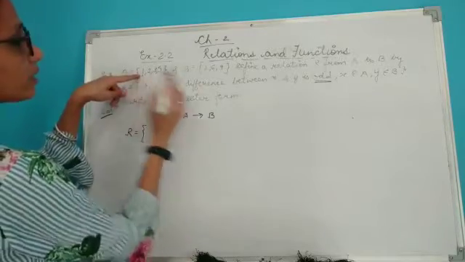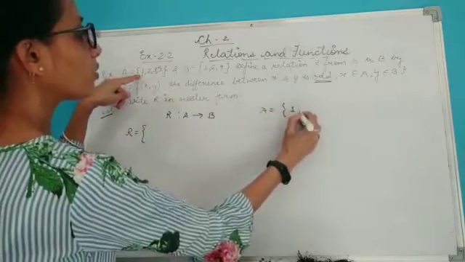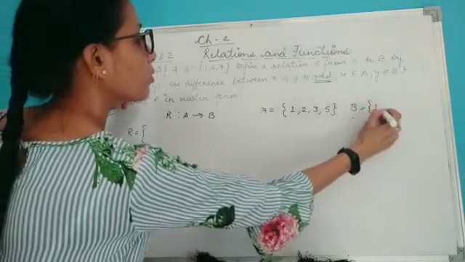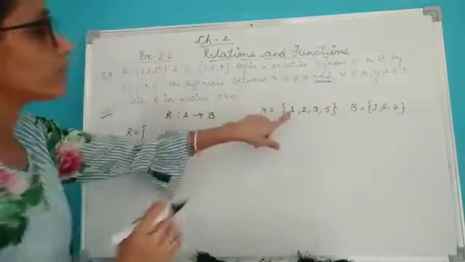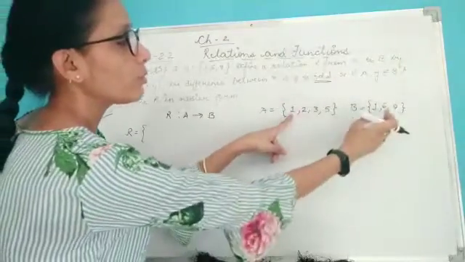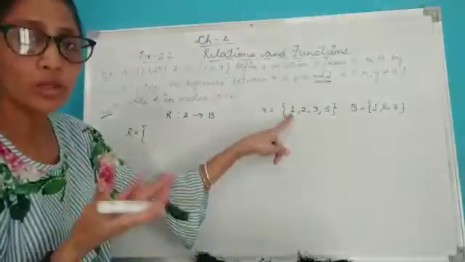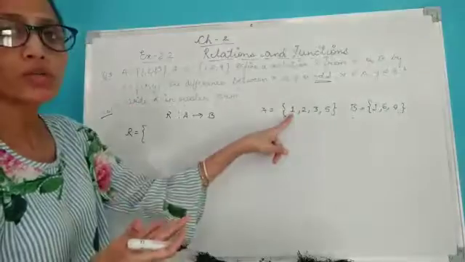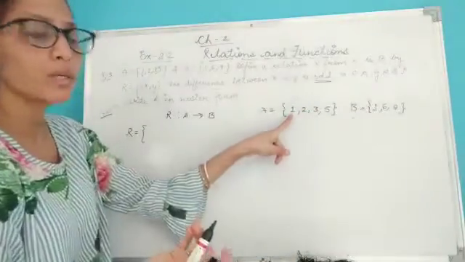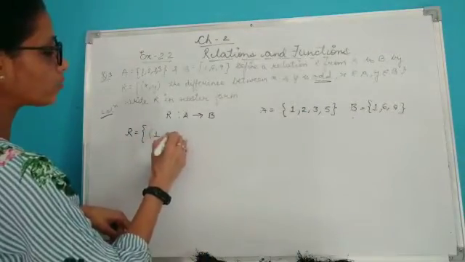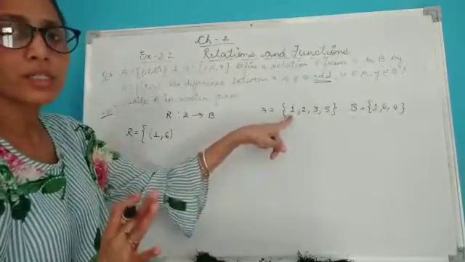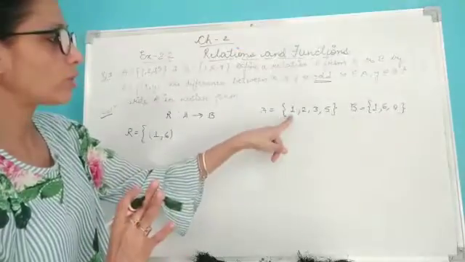Say if I take 1, my A is given as 1, 2, 3, 5 and my B is given to me as 1, 6, 9. Now you see, if I am taking 1, so 1 minus 1 is 0, so it is not an odd number. 1 minus 6 is again 5, although it is minus 5, but we are not going to consider the sign here. So if I take 1 and 6, then it is giving me an odd number. That means I will be taking it as 1 comma 6. Then again take 1 and 9. 1 minus 9 is minus 8, but the difference is even, so I will not consider it.